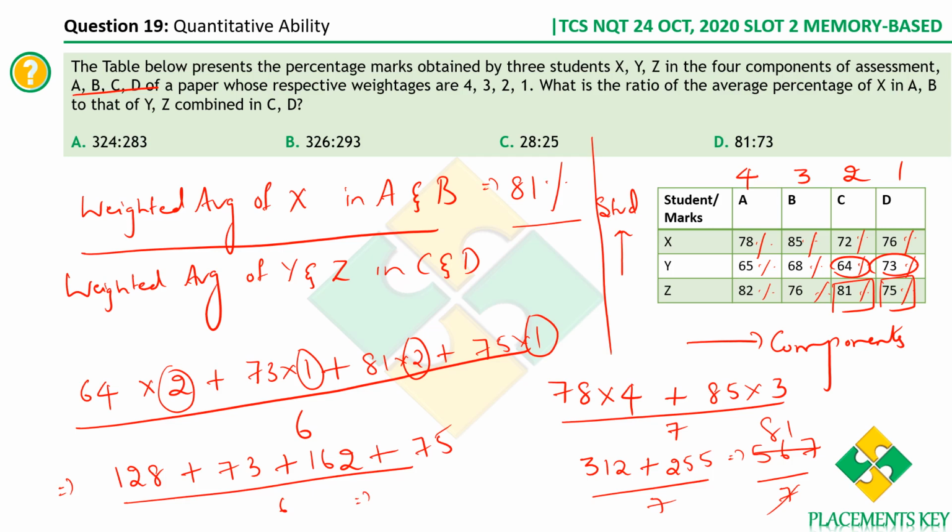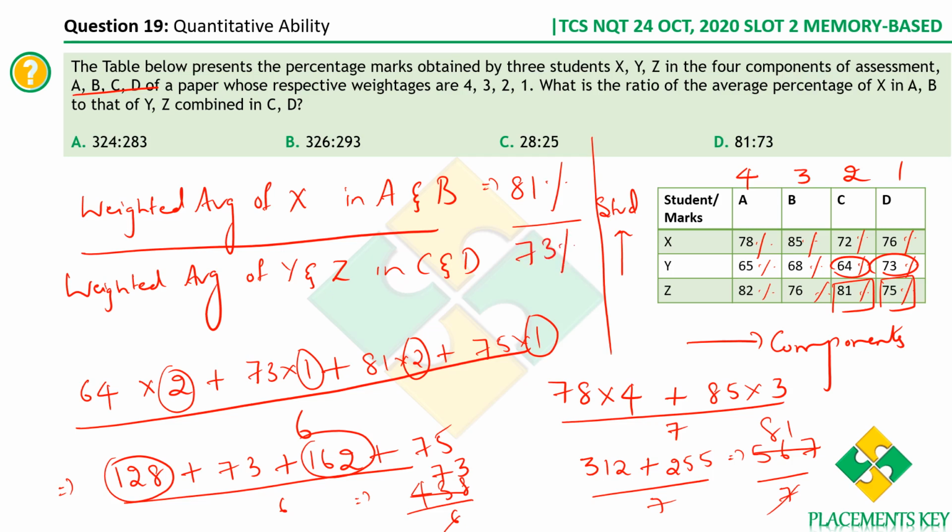Okay, so can we group something? Okay, so 128 plus 162. 62 plus 28 is how much? 60 plus 20, 80. So you get 90. You get 290. You get a 290 plus 75 plus 75 is 150 minus 2, so 148. So you have plus 148. So what is the value? 148, 290. So it is 300 plus 138. So it is 438 by 6. Okay. So you get the value as 438 by 6. 6 7s are 42. And then 18, 6 3s are 18. So you've got the answer as 73%.